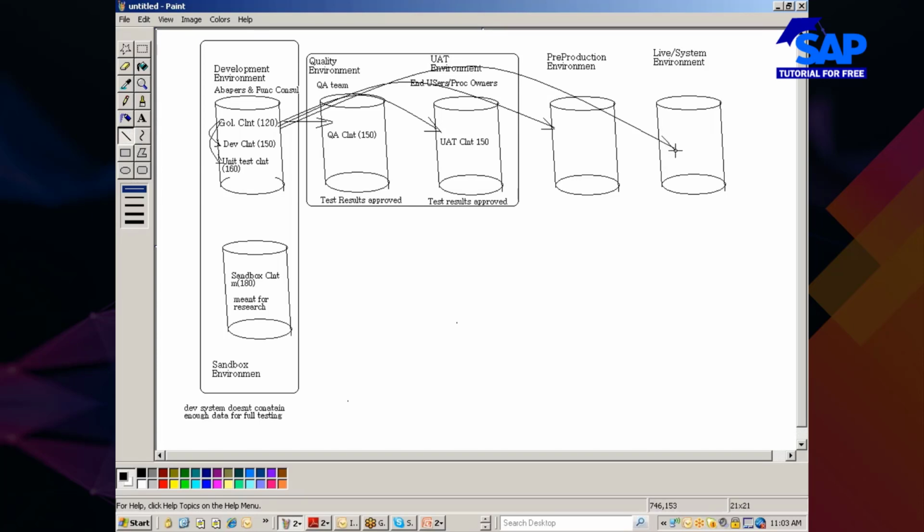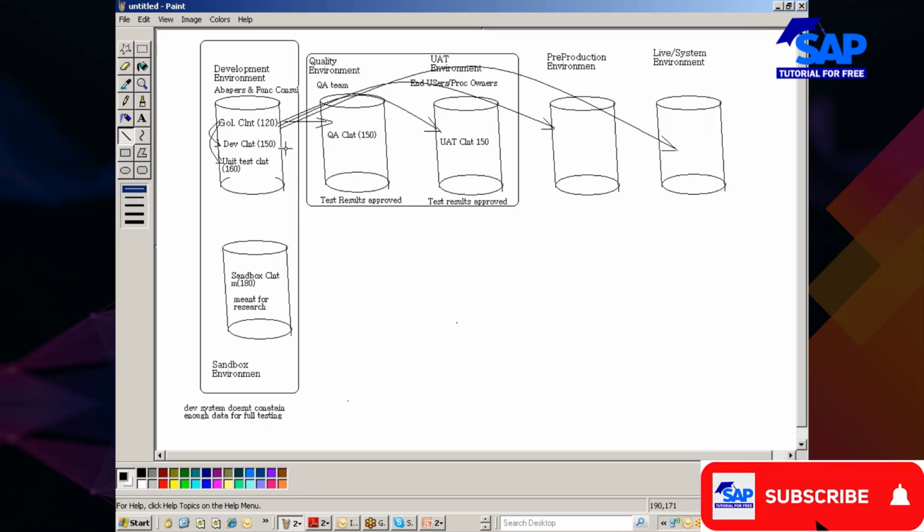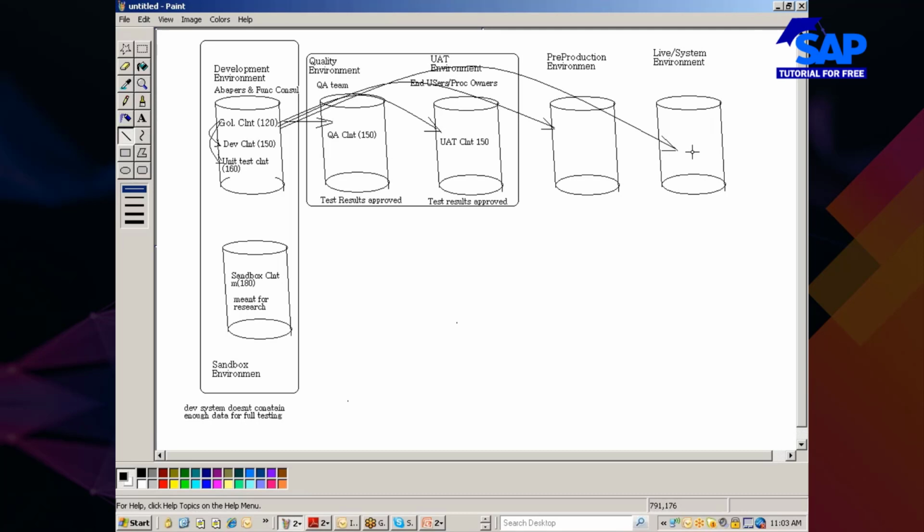Release means something like after how many days, or what is the interval with which you transport your new changes from the development system to the live system. That is what we call a release. So once you have the change available here in the live system, the solution is actually delivered. This is what is meant by solution delivered.